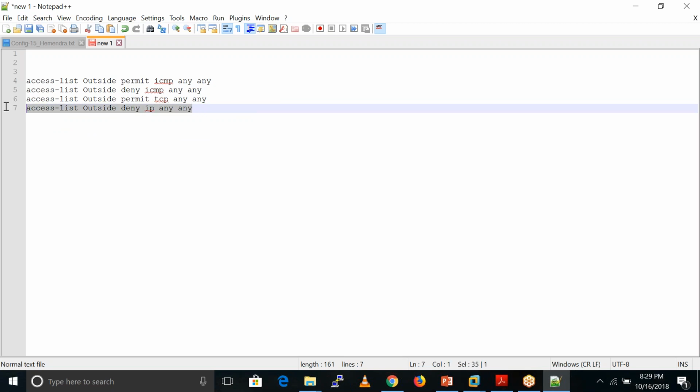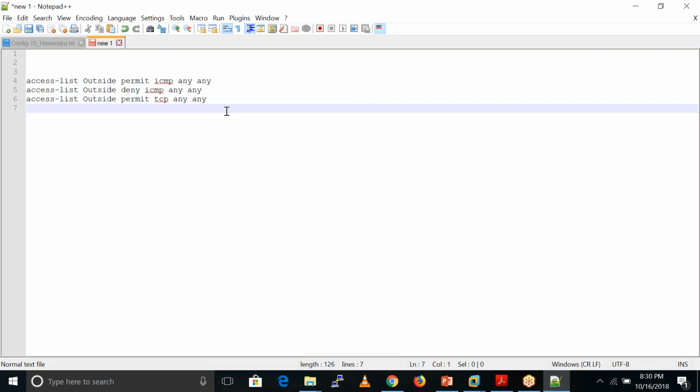That rule is not visible, but it is there. This rule is known as the implicit deny rule at the bottom. You can't see it in your firewall, but it is available there. So you just have to remember that statement: we have one implicit deny rule at the bottom, which denies all the traffic.